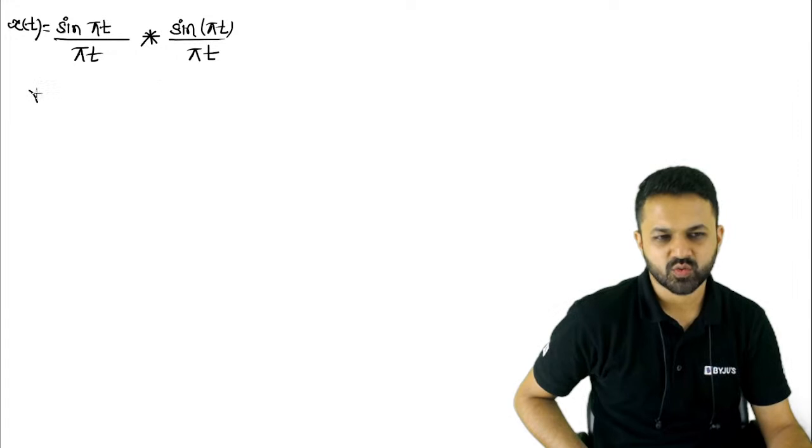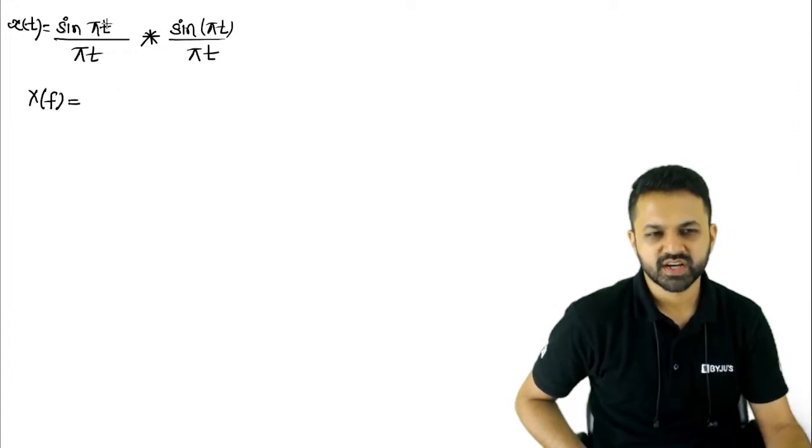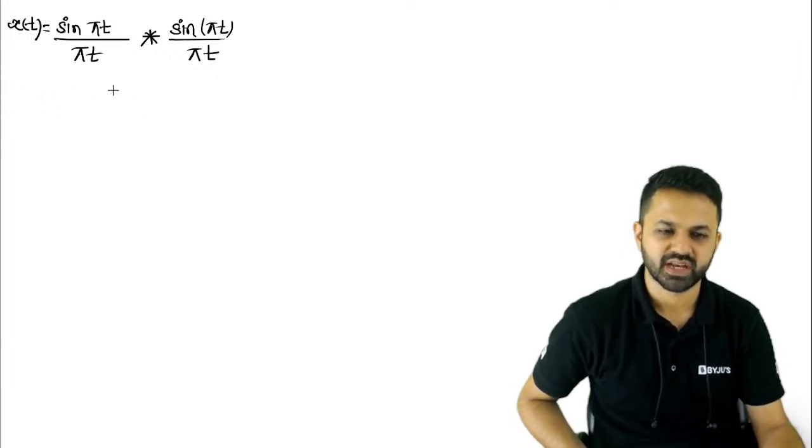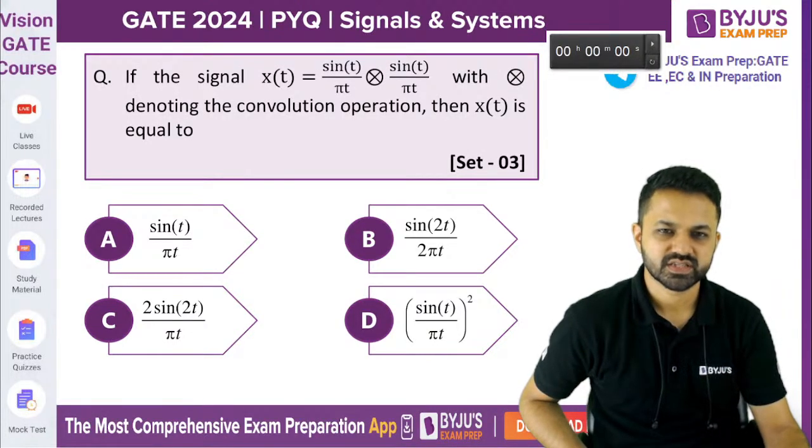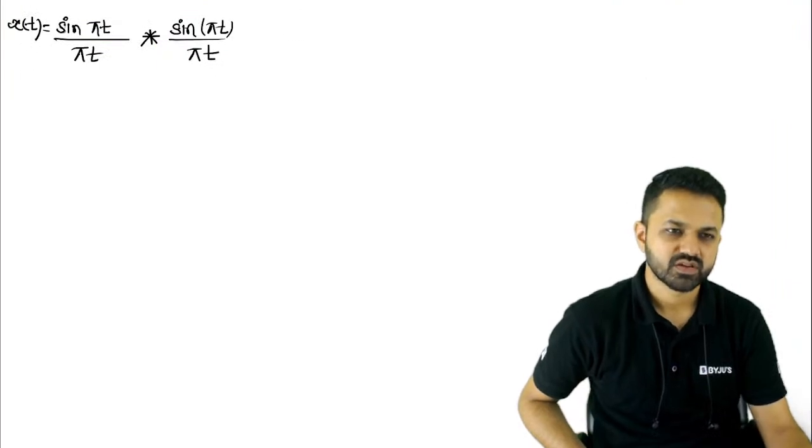ठीक है, अब अगर मैं लाप्लास ट्रांसफॉर्म या कोई भी अदर ट्रांसफॉर्म लाइक फोरियर ट्रांसफॉर्म कैलकुलेट करता हूं, तो जो भी फोरियर ट्रांसफॉर्म होगा वो मल्टीप्लाई हो जाएगा। तो पहले हम लोग क्या करते हैं, इसको मैं sin(πt) अपॉन πt ही लिख लेता हूं। ठीक है, कोई दिक्कत नहीं है।